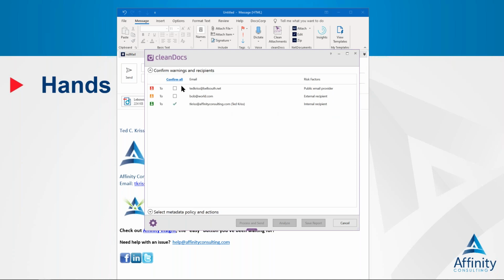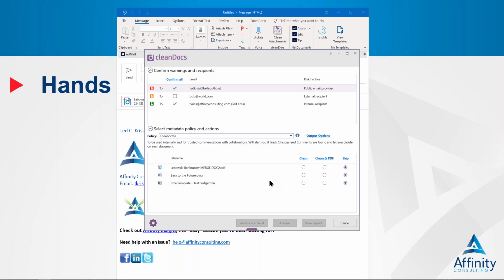The reason this is important is that, again, this is just a check and balance for you. It allows you to look at your recipients, first of all, confirming a second time: are these correct? Are these the people that you want to send it to? For example, this might not be someone I want to send to. I might want to just send it to this external address here. And in doing so, it will allow you to start up a policy of who you're going to be transmitting to.